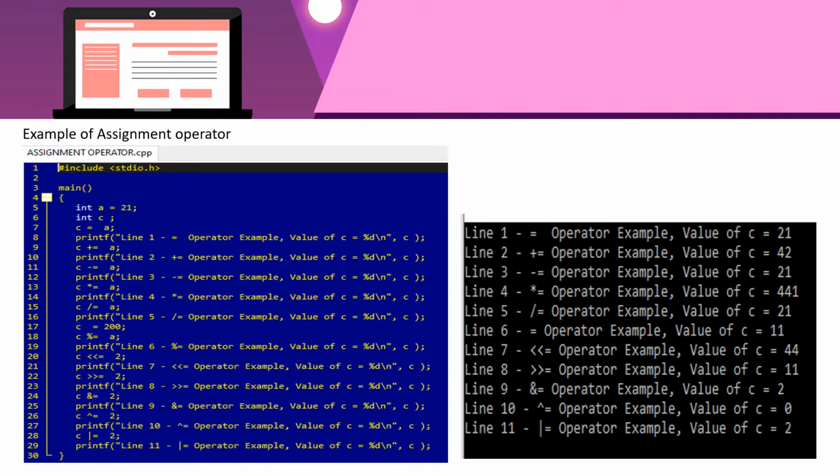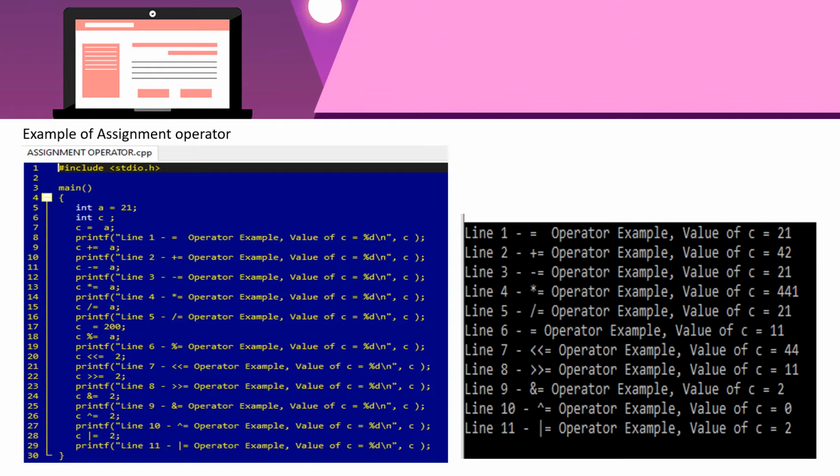For the subtract and assignment operator, the value printed here is 21. The value for the multiply and assignment operator will print c equal to 441. The divide and assignment operator will give us the result c equal to 21.